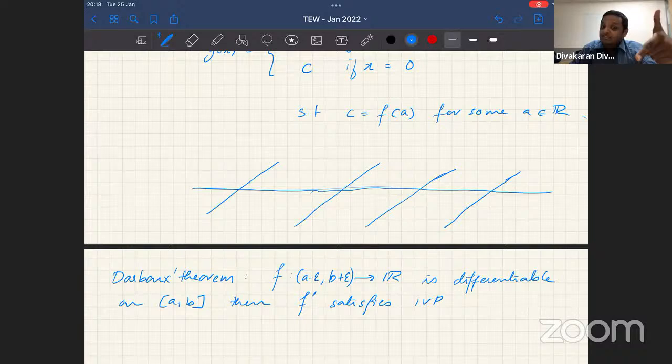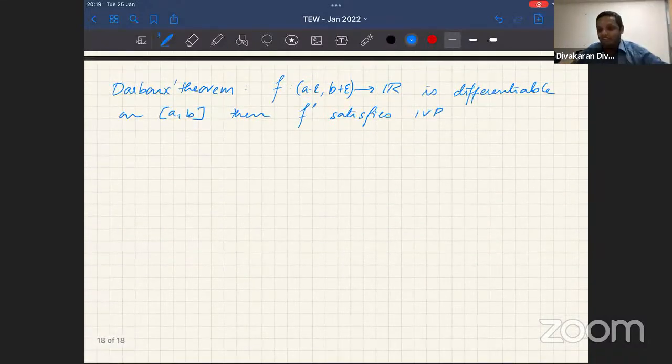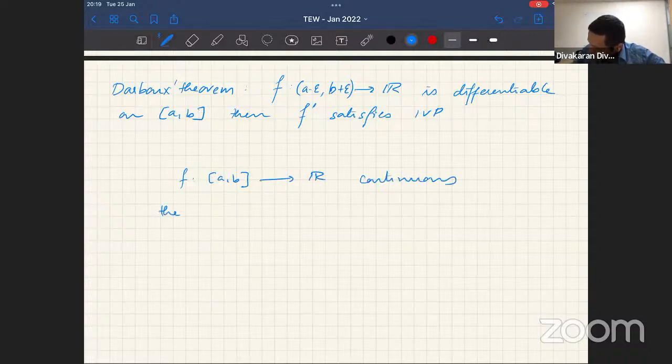And all continuous functions are functions of this type. Why? Because of the fundamental theorem of calculus. Every continuous function is a derivative of something else, right? Suppose we have a function f from [a,b] to R, which is continuous, then we know that f is equal to F dash, where F is equal to the integral from a